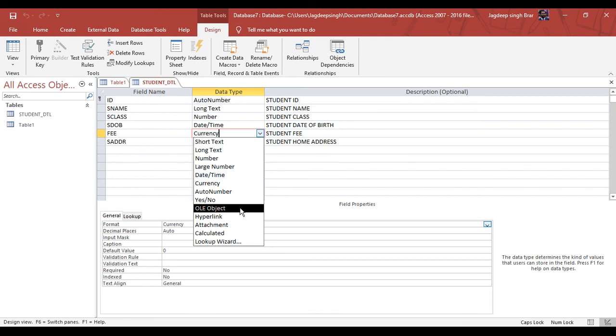An OLE object can only be displayed in the bound object frame in an Access form and report. It can store up to 1 GB or more in size. An OLE object can't be indexed. So if we want to save some picture in this table, then you can use an OLE object.